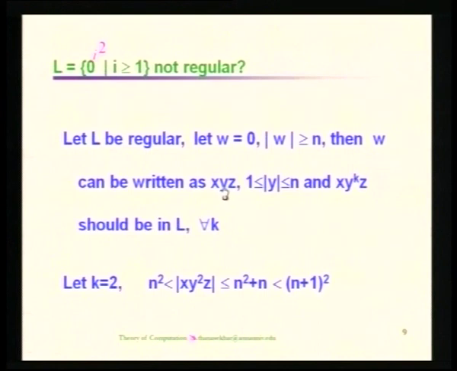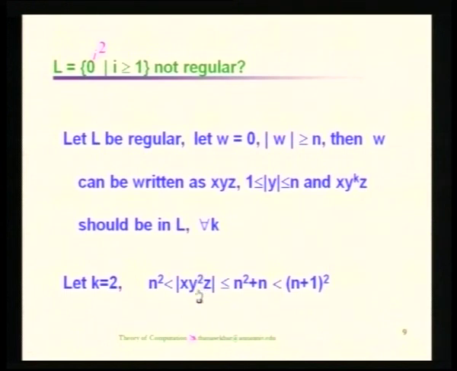So, here we have to understand what is the length of this W which we are pumping. The length of y is going to be exactly a number between 1 and n. So, now what is the maximum size of the increase in the length of your x, y square, z? The taken string is going to be x, y, z whose length is n square. Now, we go for one more time pumping of this y, that is giving a string x, y square, z, and when y is pumped one more time,